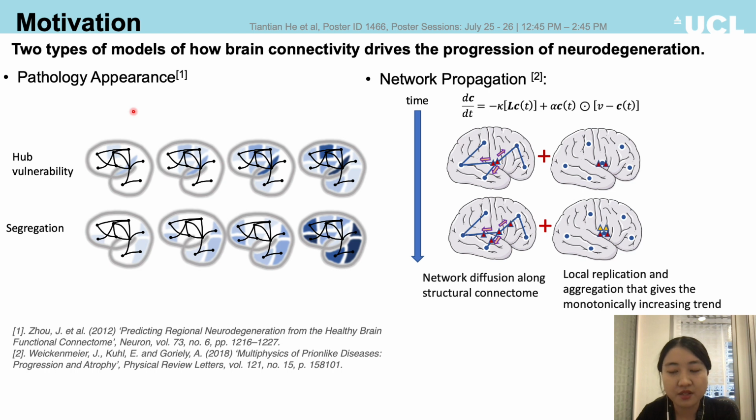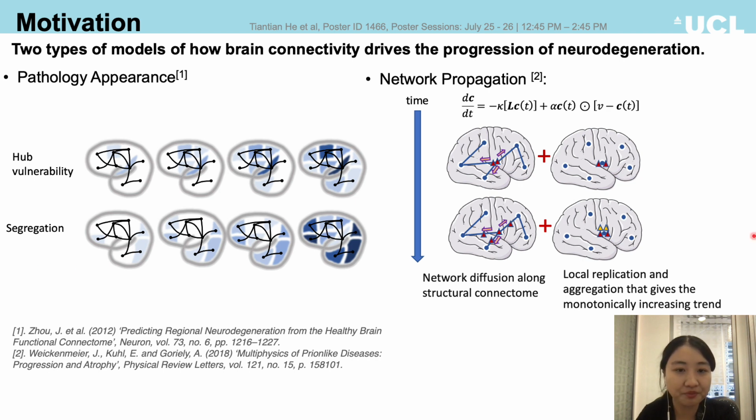For instance, some relate the network metric called centrality to the mechanism of pathology appearance called vulnerability, by assuming that the nodes with more connections are more vulnerable due to heavier node stress, while some relate another network metric called segregation to the disease pattern by saying that the more isolated node is more vulnerable since it's more difficult to